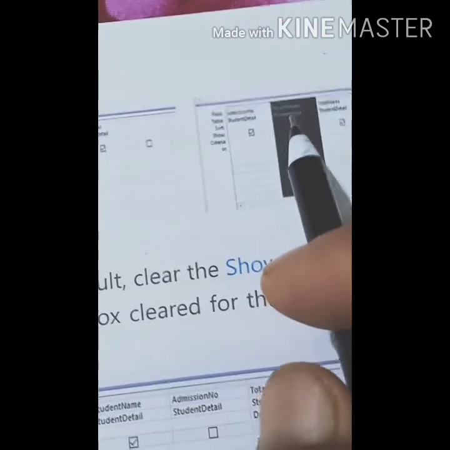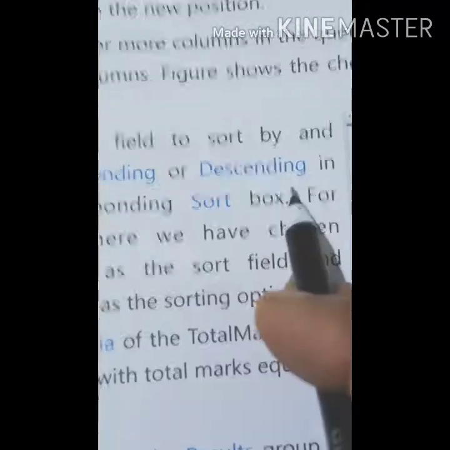We can switch fields from one place to another by dragging, and we can also sort them in ascending and descending order.